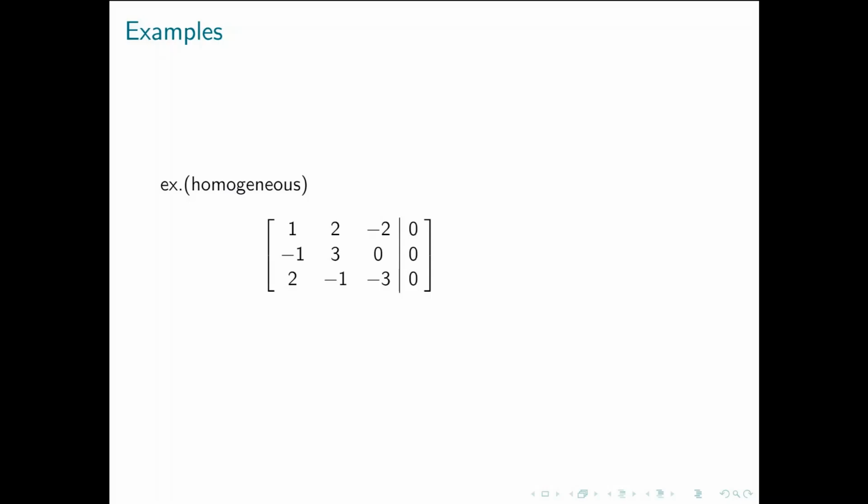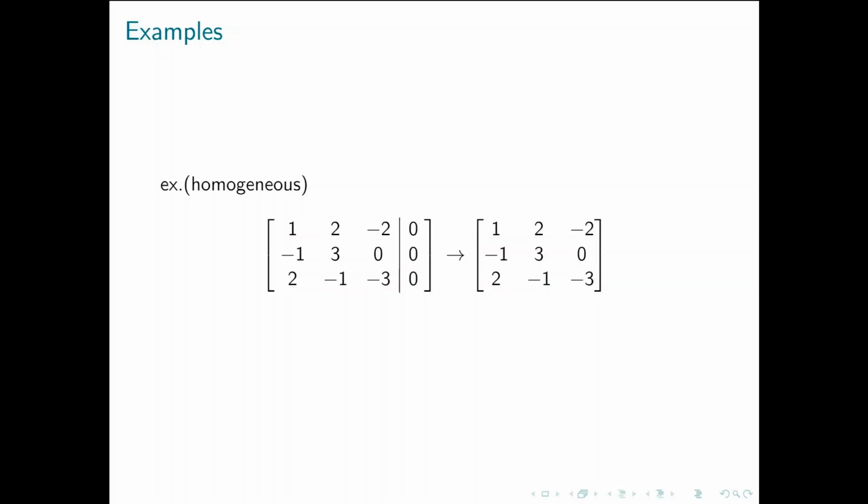Okay, this is another example of a system. This is a homogeneous system, which is a system where all of the equations are equal to 0. So the constants on the right side are all zeros. And because of that, you can imagine that in our row operations, the constant column on the right side won't